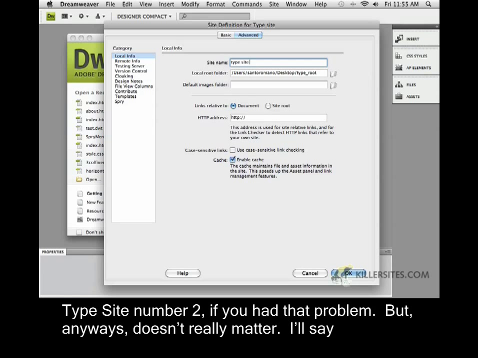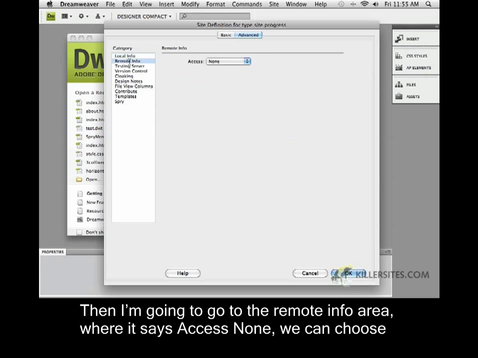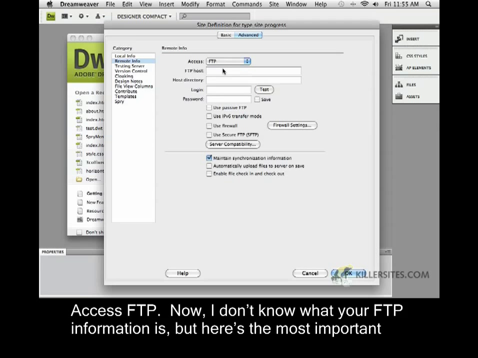Could be type site number 2 if you had that problem, but anyways, doesn't really matter. I'll say type site final or progress maybe, like it's a work in progress. Then I'm going to go to the remote info area, and where it says access none, we can choose access